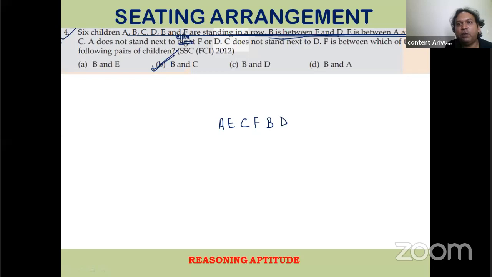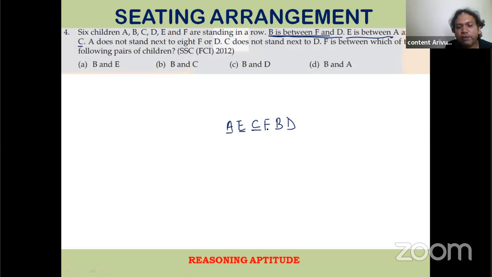All of you, please try to work out yourself. Don't just note down from Ganesh will explain this once again. So look at this once again. B is between F and D. So first you will make this, okay? F, B, and D. Now E is between A and C. And A does not stand next to either F or D. So in this position, A cannot come, okay? So what we can do is we can place C here because we know E is between A and C. So that's how it will be correct.